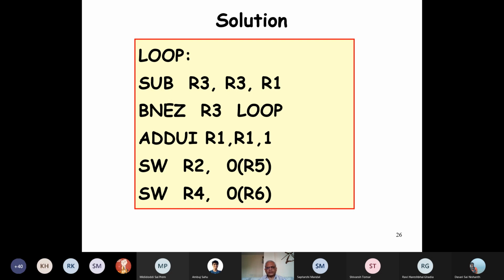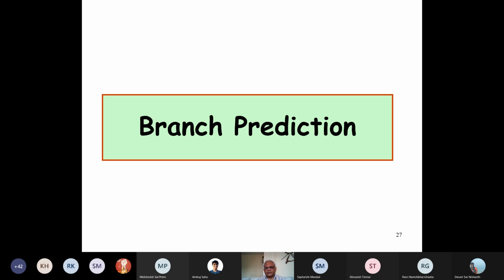And here we are successfully able to fill the branch delay slot. In the next quiz, I will just give you a small code and ask you to find which instructions can be filled for the MIPS pipeline and what will be the penalty if it cannot be filled and so on. Simple problem just to check whether you have understood. Just one simple problem. Now let's look at the branch prediction approach.